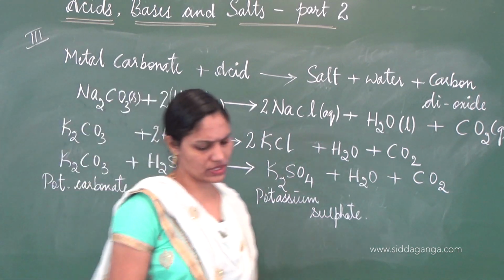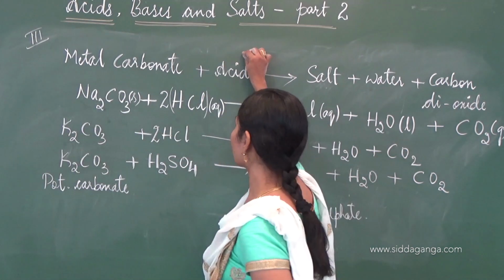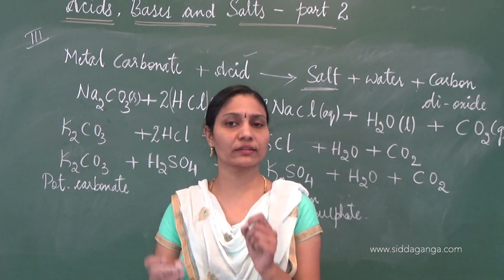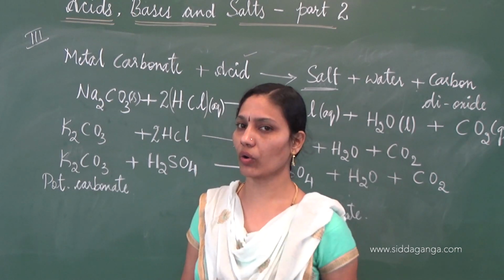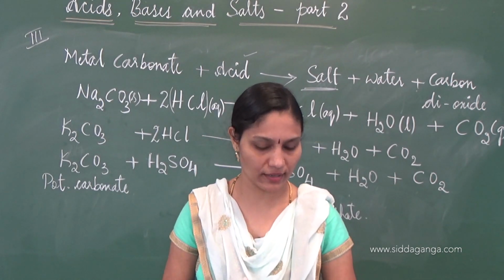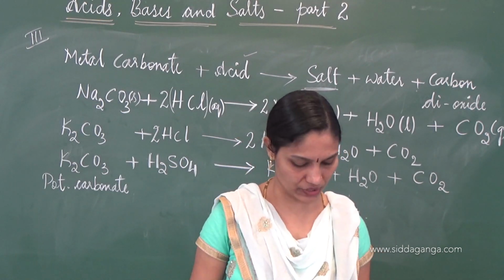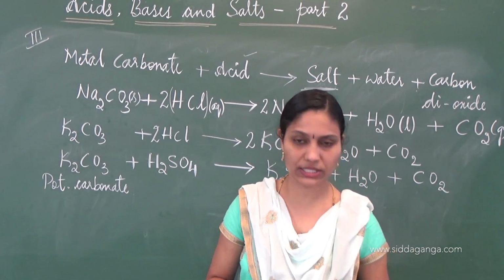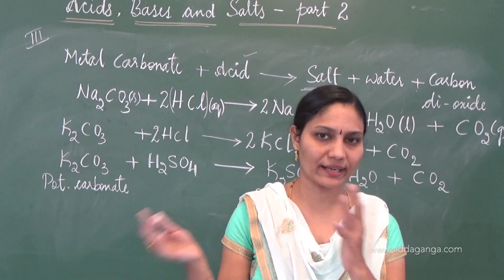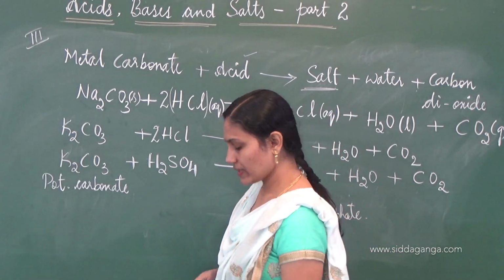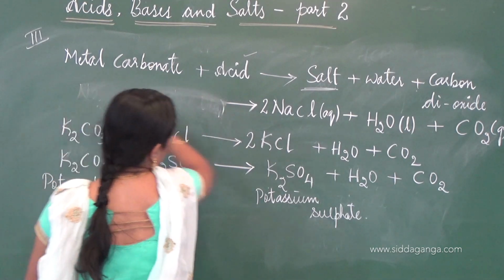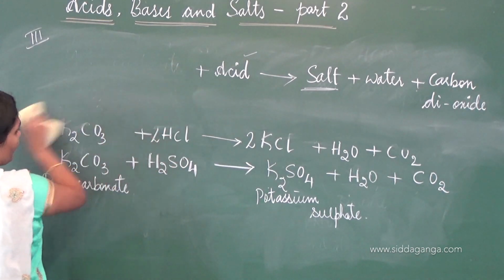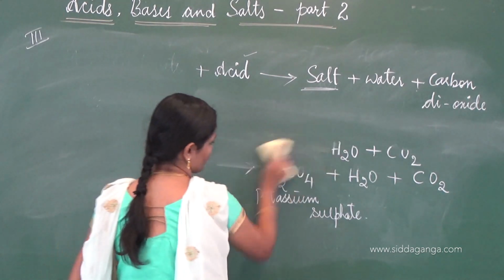So is this clear to you? It was simple. Metal carbonate reacting with acid gives rise to salt, water and carbon dioxide. We need to check out whether the gas evolved is carbon dioxide or not. And you know the simple test for this, right? Passing carbon dioxide gas, or the gas which is formed, through lime water, what happens? It turns milky due to the formation of white precipitate, that is calcium carbonate. We'll write it down later. Now we'll understand what happens when metal bicarbonates or metal hydrogen carbonates react with acids.